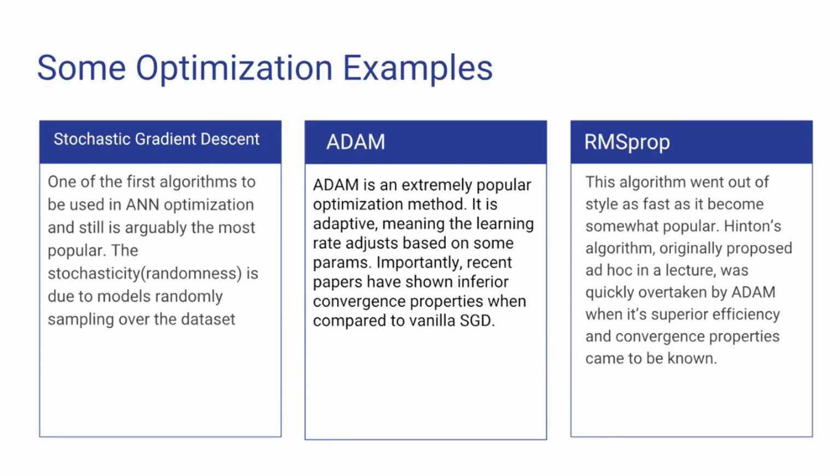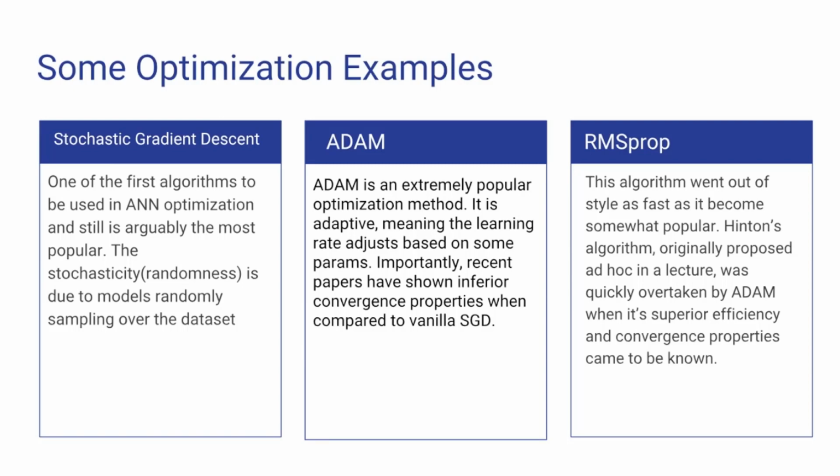So some examples, we have SGD. That was pretty much the first optimization algorithm to be used in neural networks with backpropagation, and it arguably still is the most popular. It performs effectively, not necessarily efficiently, on pretty much any problem you throw it at. Very versatile, very good convergence properties, if not the quickest. However, as we get further along, I will explain a bit more of that in detail.